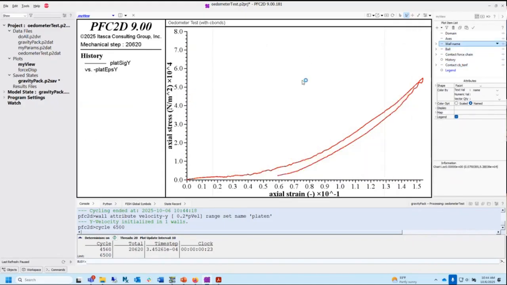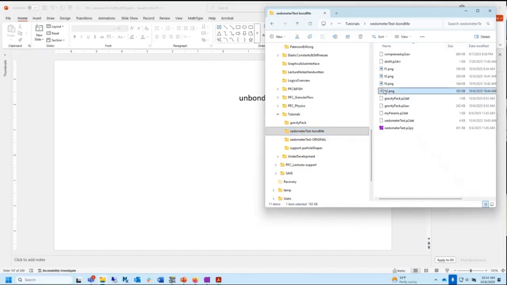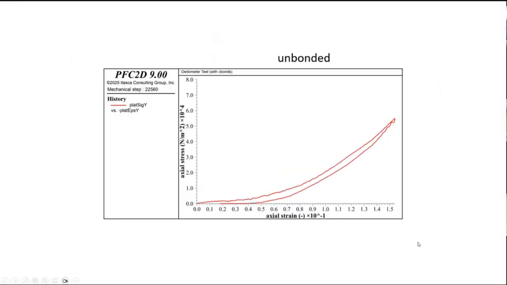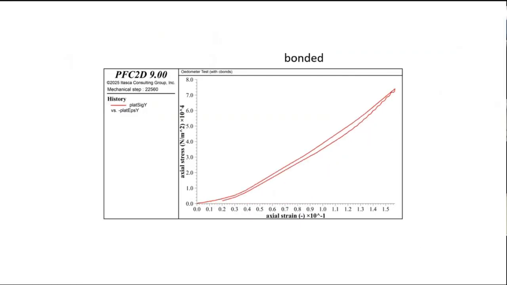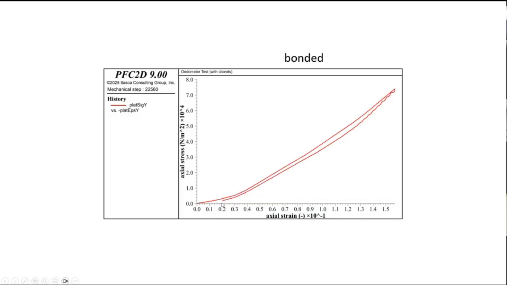Let's see. Now if we make this plot, we can just compare those two images. I'm going to assume the x-axis will be the same. It looks like it's going to be the same. Let's do bitmap, G1. Here's the unbonded case. Okay, so unbonded, bonded. Oh my God, look at the difference. Unbonded, it's very, very unstiff because it's just moving itself around. It's not until it gets kind of in a packed state that it starts being stiffer. Whereas the other one, it's very stiff to begin with.